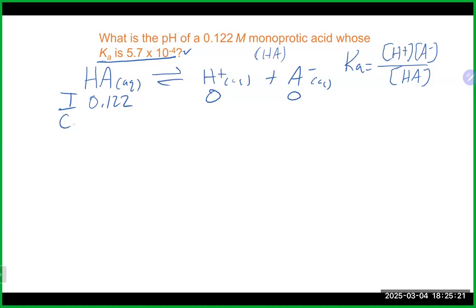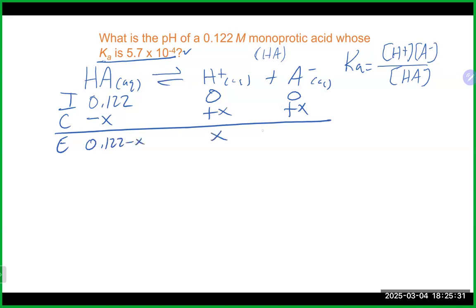Again, that tells us we should be heading to the product side. So minus x, plus x, plus x. And that means here again at equilibrium, 0.122 minus x, x, and x. Any questions on the ICE table here? At this point, we're going to go into our expression, and that will get us x squared divided by 0.122